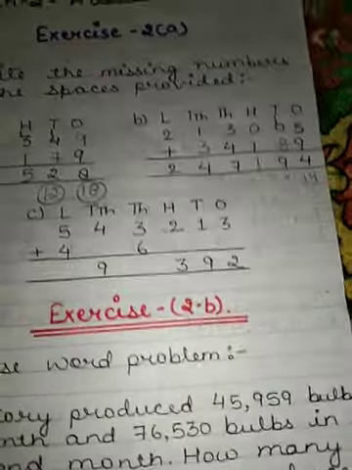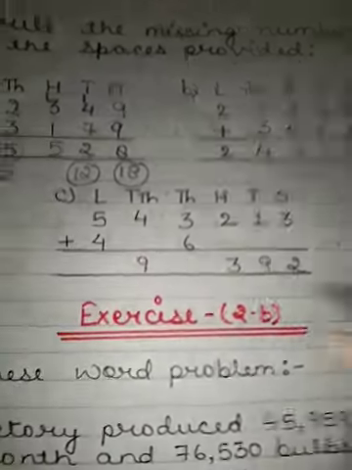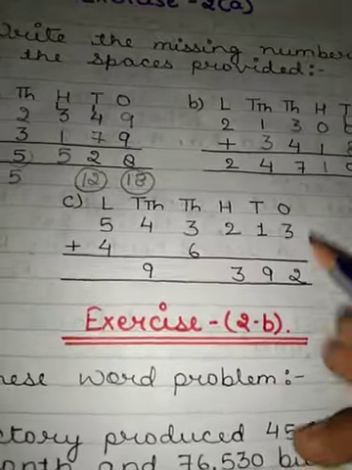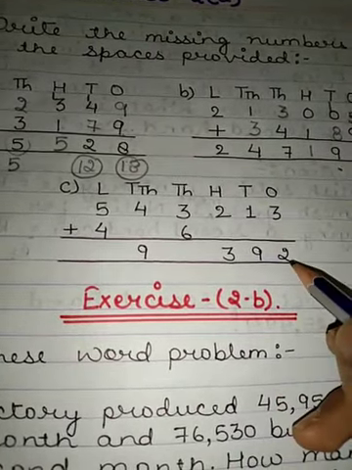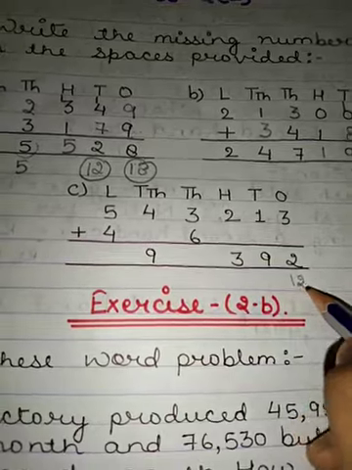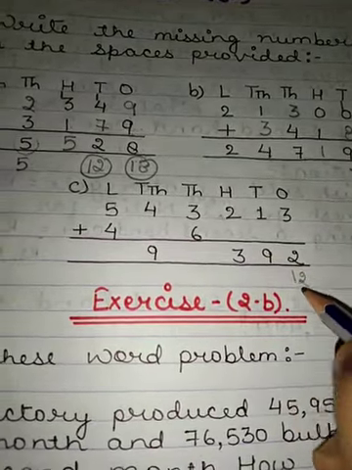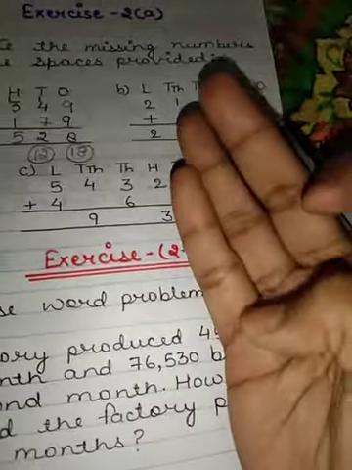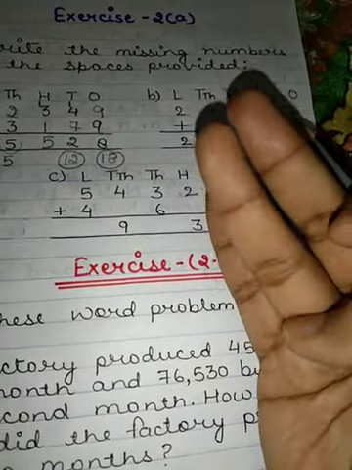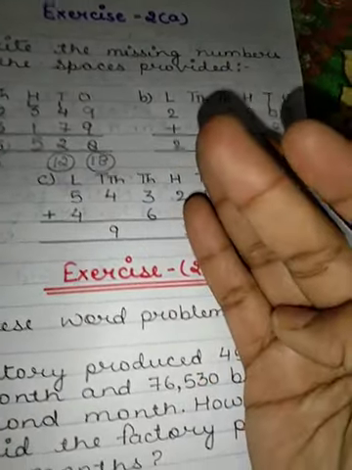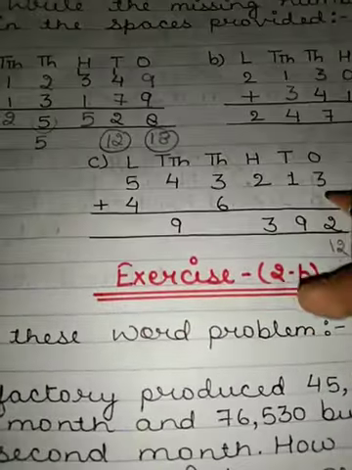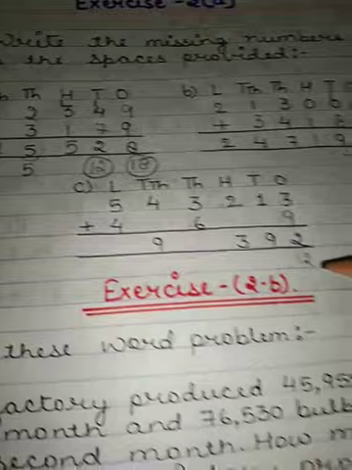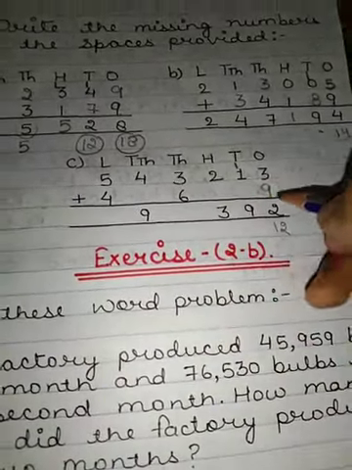Clear? Third question is 3 is given and 2 is given. So 3 is greater than 2. So we will count after 3 till the 12 comes because we have considered 2 as 12. So 3, 4, 5, 6, 7, 8, 9, 10, 11, 12. So 9 comes. Answer will be 9 here. 9 plus 3 is 12. 2 we will write here. 1 we will give carry to 1.